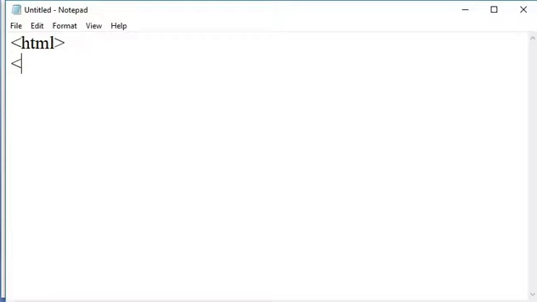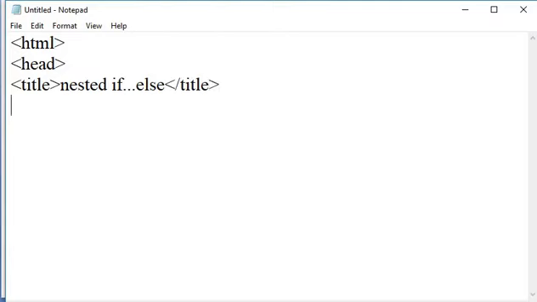After that, I am taking a head tag. In head, we take a title tag and give the title as nested if else. Close the title tag. After that, close the head tag.